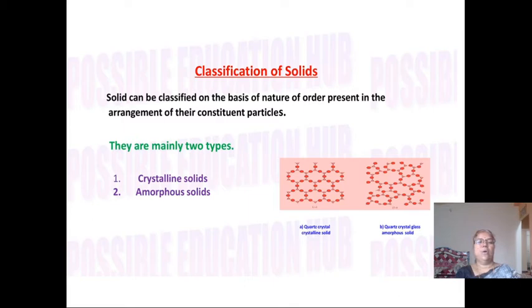Depending on the fundamental unit, again we have different types of solids such as ionic solids, covalent solids, metallic solids, etc. In amorphous solids, there is no systematic and regular arrangement of the fundamental units of the solid. Due to this irregularity, amorphous solids do not have a regular shape and size.